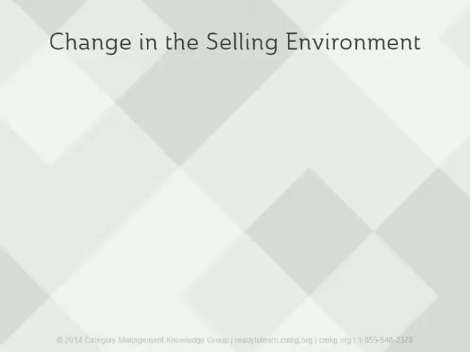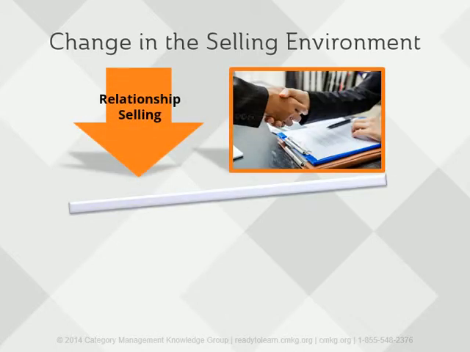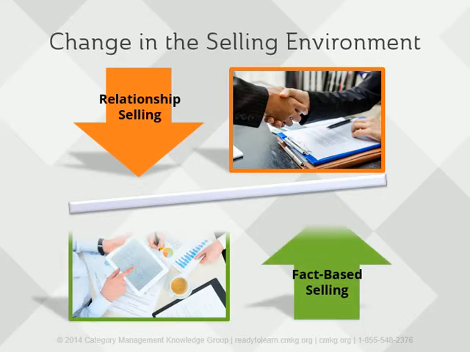Something else that's changing is the selling environment. Relationship was the basis for many of a retailer's decisions, but now fact-based selling plays a tremendous role. Vendors who can add value to retailers and present compelling stories based on data can help drive total category results. The importance is finding the balance between relationship and fact-based selling. Both are important.